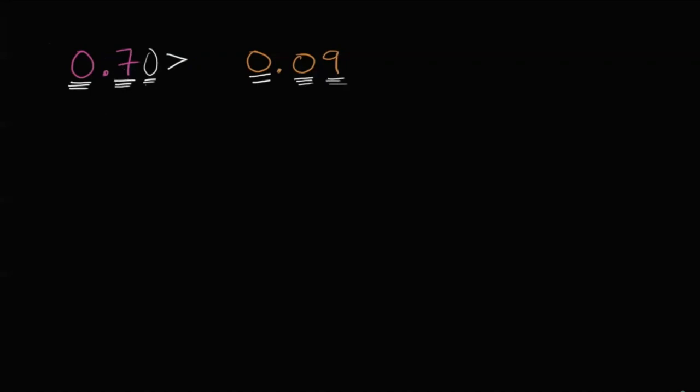Let's do another one of these. Let's say we wanted to compare 0.29 to 0.31. Now, this one you might say is a little bit more straightforward, depending on how you think about it. If you say, hey, this is 29 hundredths, this is 31 hundredths, well, I have more hundredths on the right-hand side. So let me open my inequality to the larger value, and I would say 0.29 or 29 hundredths is